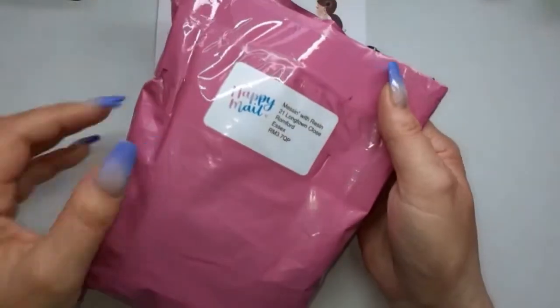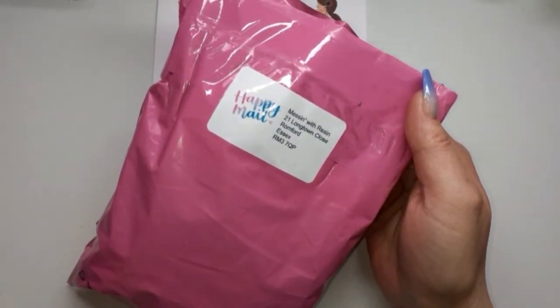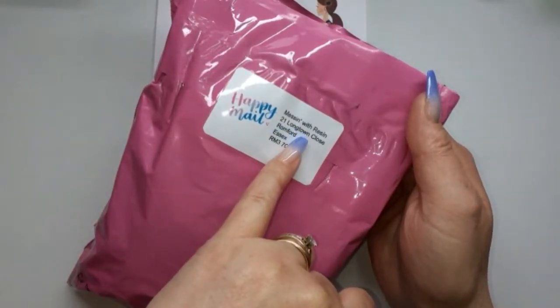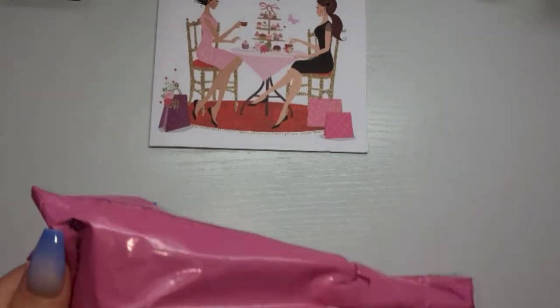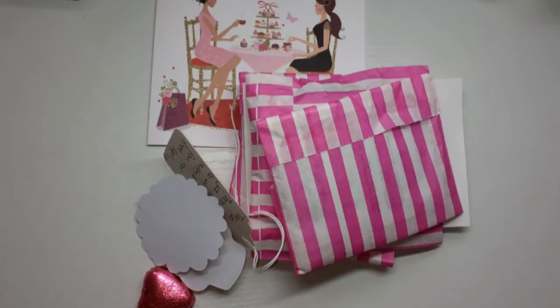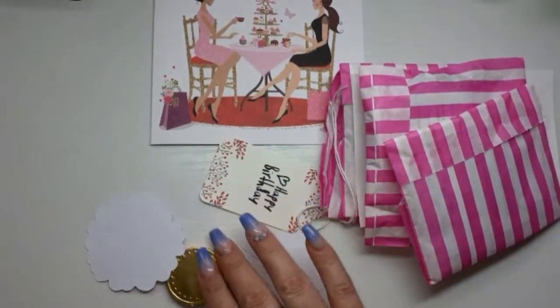And then this came, I think, a couple of days later. So she ordered me some things from Messing with Resin. So I will show you. So I got some